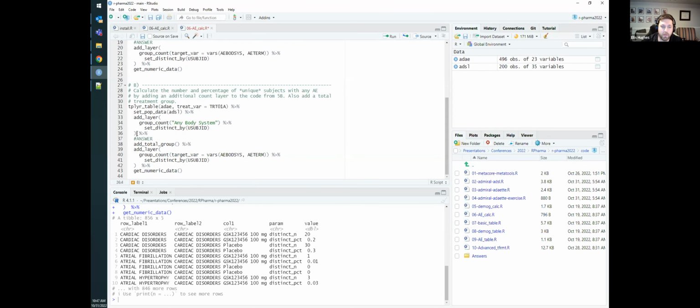And so we're going to start with what we had before, right? So we're going to do tplyr table, ADAE, treatment var is TRT01. Our set pop data is ADSL. That way we know the complete set of participants. We add the layer to count by, this is